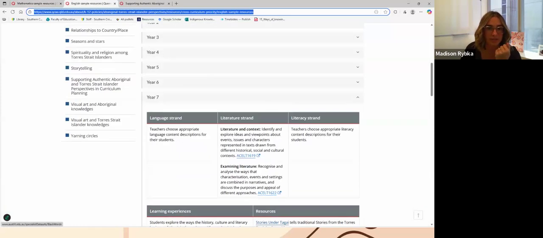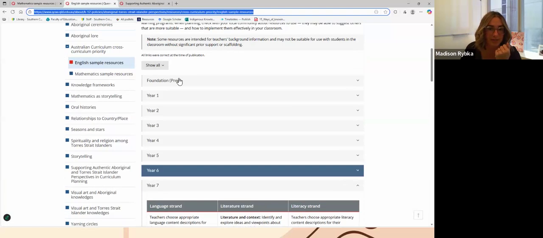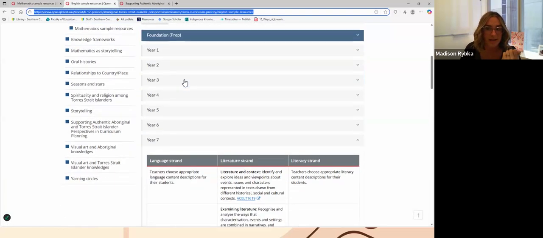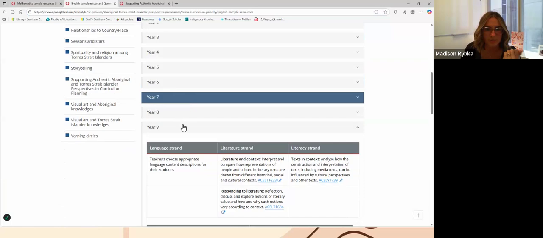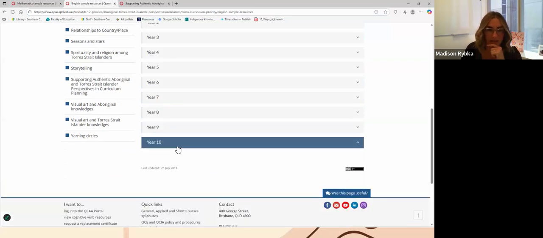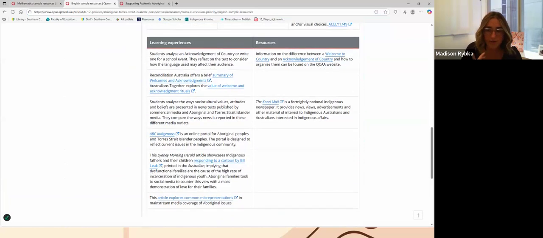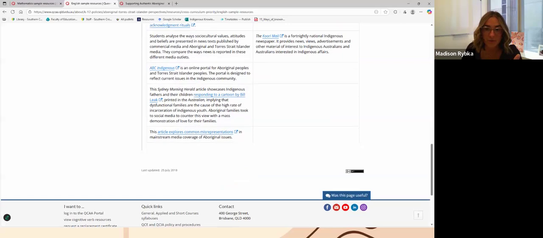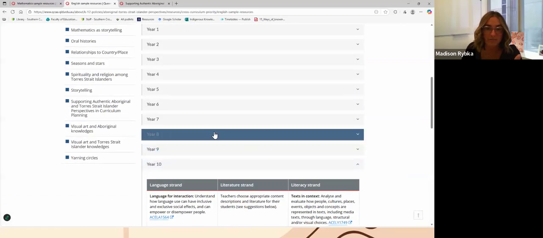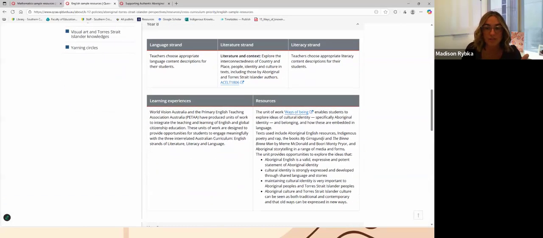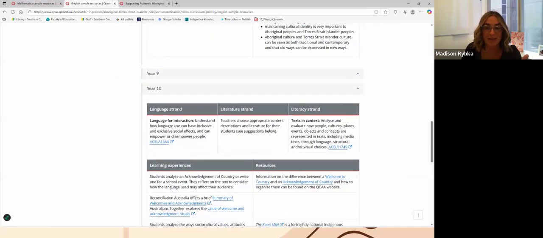Again, for English, they do the same thing. You can choose your year level, prep or kindergarten, and this goes up until year 10. And it gives you resources again. Curriculum, which I think I show in workshop 3 next week, about how you can use this as a resource within your classroom. But if you are feeling stuck and don't know where to go, here are all such amazing resources that you can embed, and it gives you links to your outcomes.